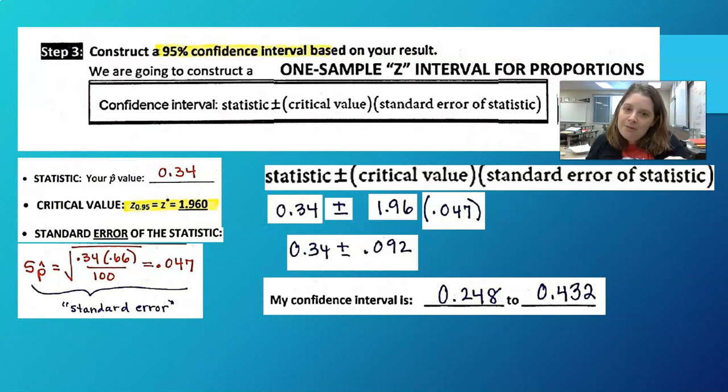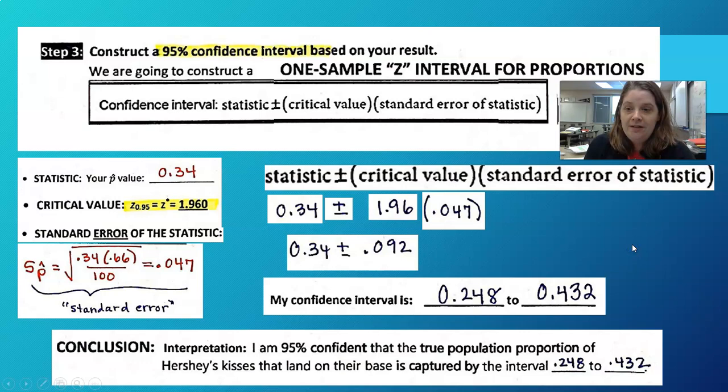I have got the red bar placed between 0.248 and 0.432, and I want to know, do I win the trip to Rome? All right, now to interpret this, I'm going to write this as a complete sentence, and I'm going to say, I am 95% confident